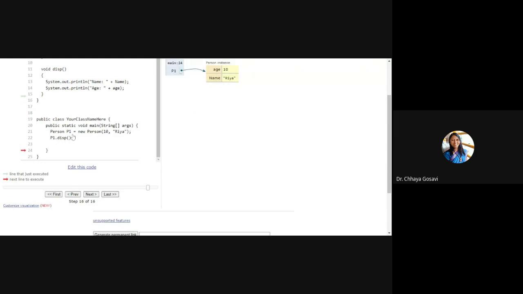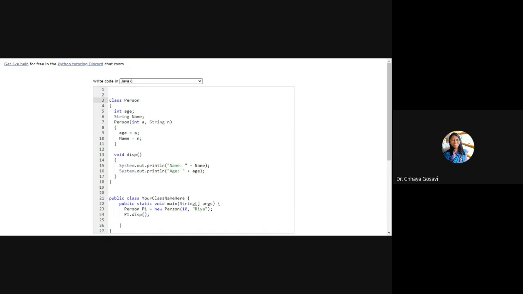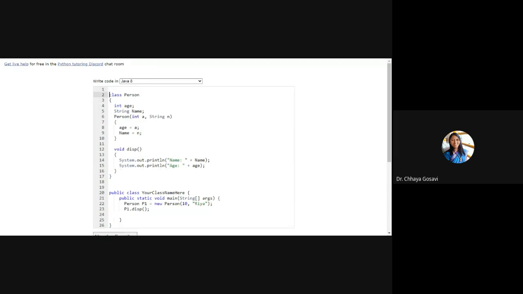Here I can create any number of objects of person, P1, P2, P3, P4, and initialize them with different age and name. Now suppose I want to extend this class person to create an employee class. So here I need one more class.